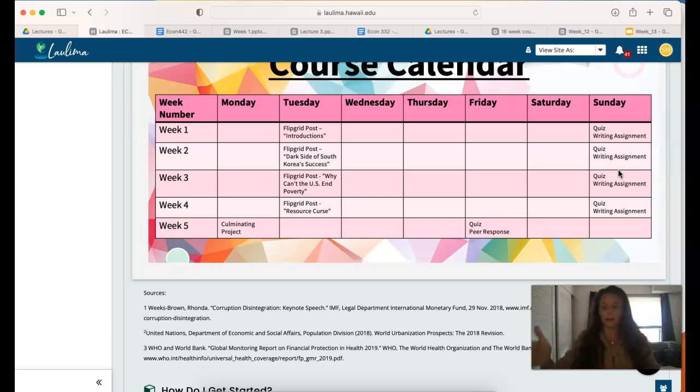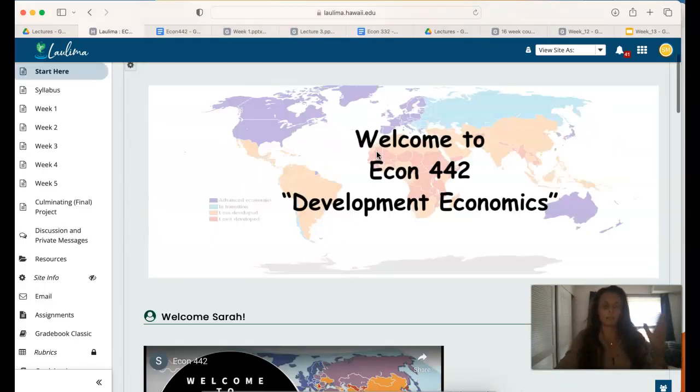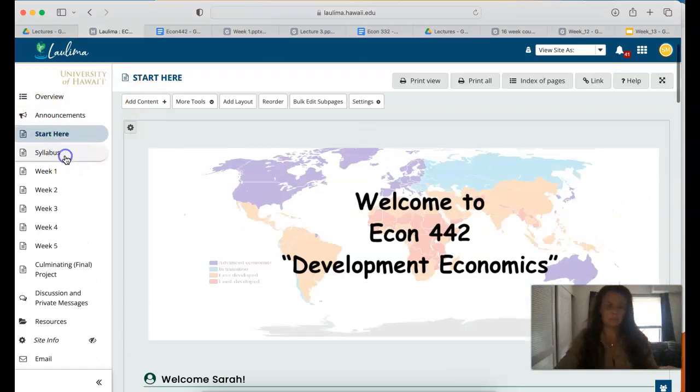Quizzes are a pretty hard deadline. The quiz opens at a specific time and it closes at a specific time. So I think the settings are such that all the quizzes and assignments will be open on the first day, but the quizzes are going to be due every Sunday. And so make sure you submit that quiz for that week by that Sunday. Because once the quiz is closed, I think you can hand in one additional submission and then that's it. So make sure you're cognizant and you keep up with submitting the quiz.